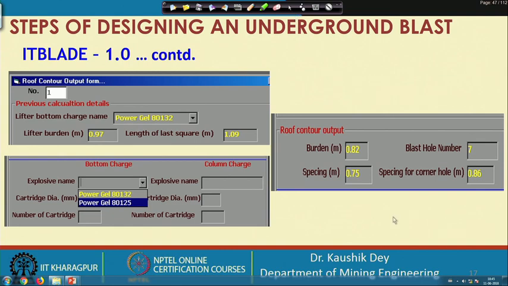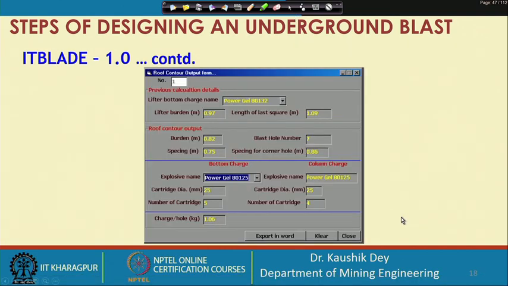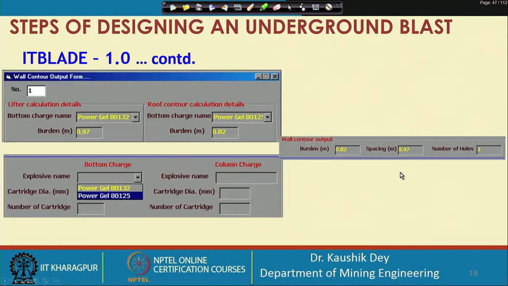Our next design is for the wall contour. You can see in the wall contour we have fixed this one, and considering this we can achieve the burden value for the wall contour holes.